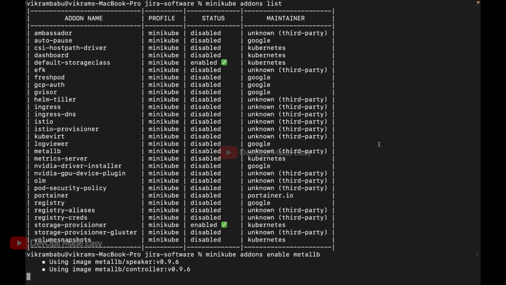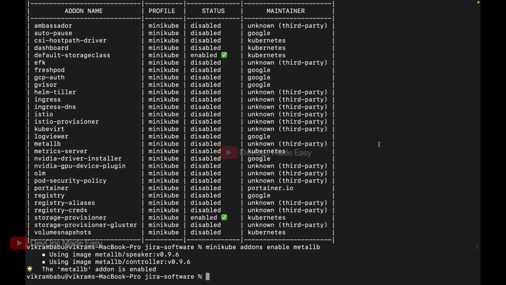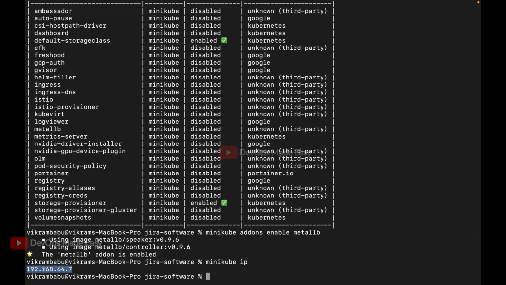So then I can just configure it with the load balancing IPs. Before that I'll use minikube ip to get the minikube IP address range. So this is my minikube IP. Now I'll configure MetalLB using minikube addons configure metallb to give a range of